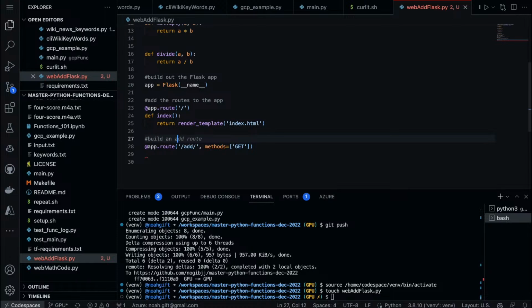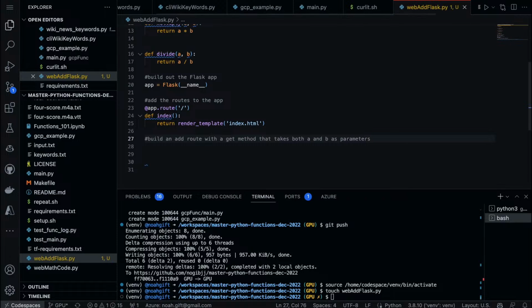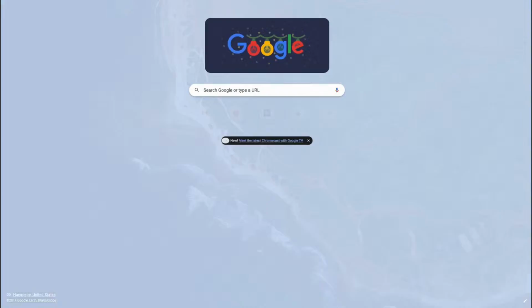Build an add route with a get method. Let's try that. Let's see if that'll help us. That takes both numbers as parameters. No, as URL parameters. I don't know why I'm struggling with this, it's not giving me the best result.